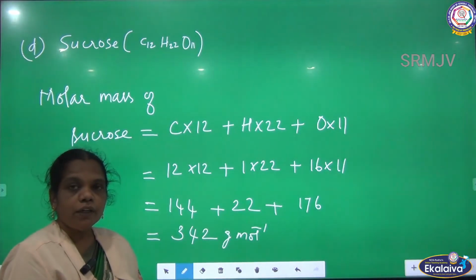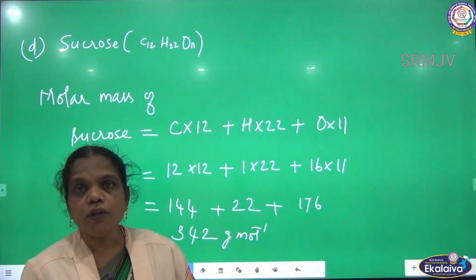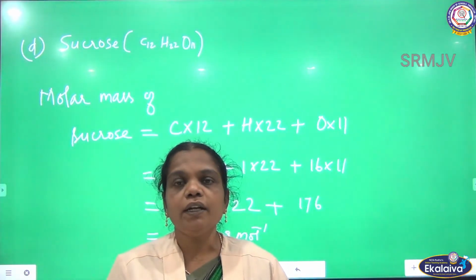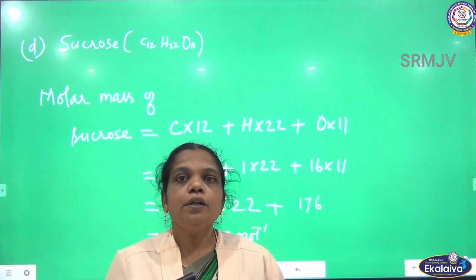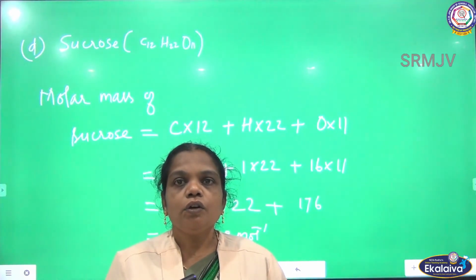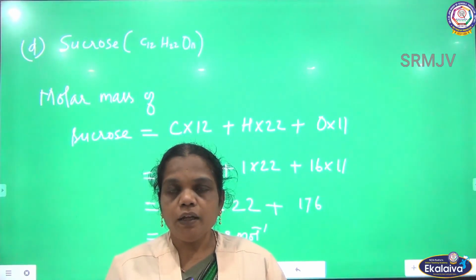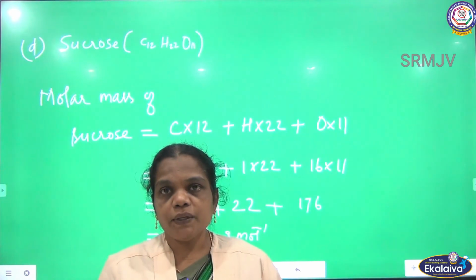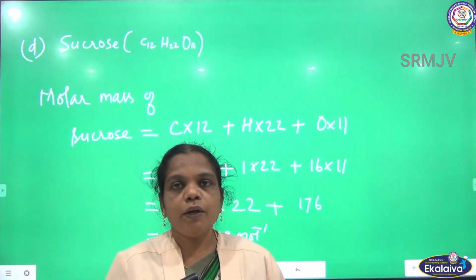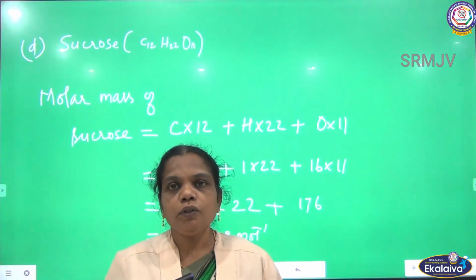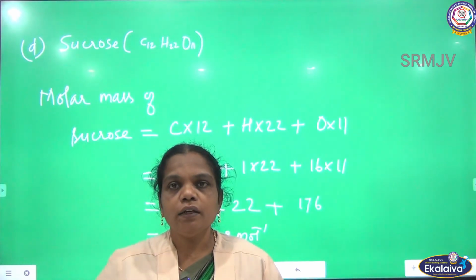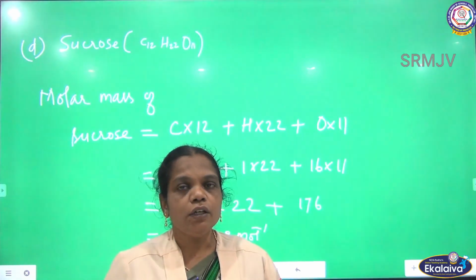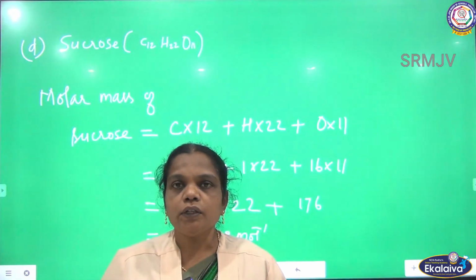So by this, whatever compound is given, you can calculate the molecular mass. Molecular mass is nothing but the sum of the mass of the individual atoms. So you should know how to write the formula and you should know the atomic mass of the atoms present in the compound. By knowing this you can calculate the molecular mass of the given compound. Not this alone, any compound you can calculate.